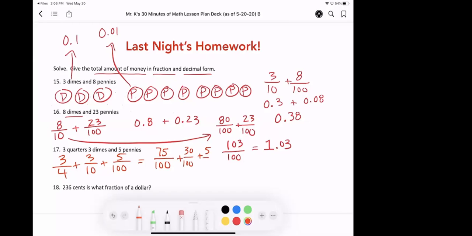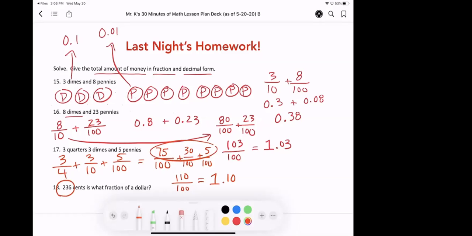So if I add this all up, I would get 110 hundredths. And that is going to give me $1 and 10 hundredths, $1.10, or $1.1 or 10 hundredths, same thing. And then last, what